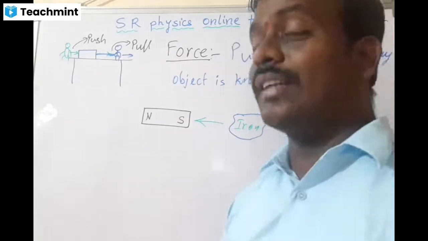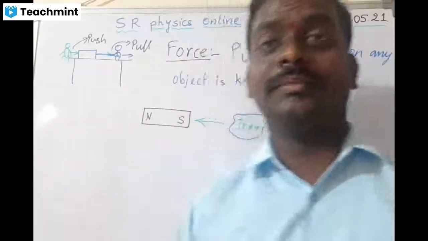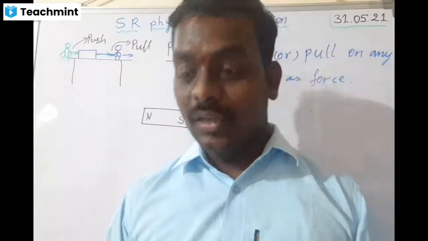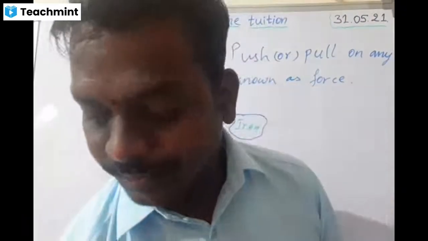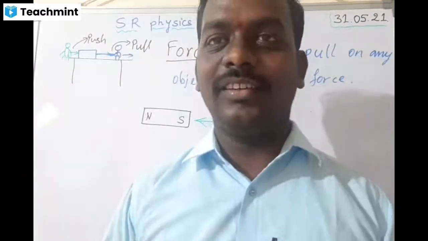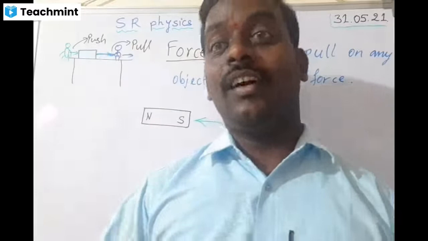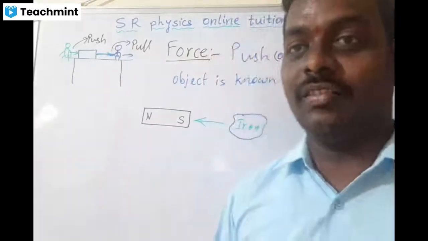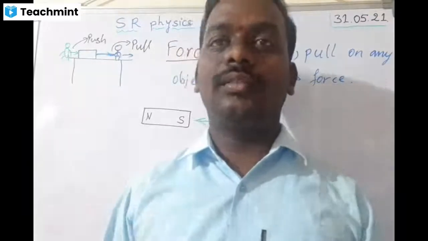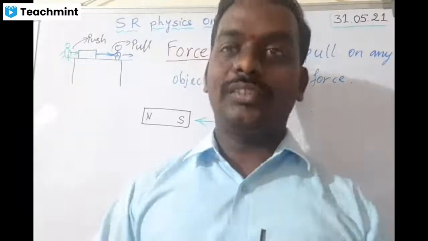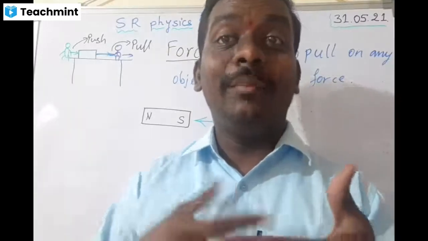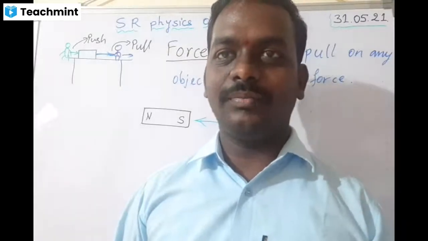And let us see some more examples which are not in contact also. Suppose you have taken CRT TVs, right? Black and white color TVs, or some other TVs, which we have in our villages, isn't it? So while you are wearing a silk cloth, and if you go very close to the TV when it is switched on, what will happen? It will get attracted towards itself, isn't it?